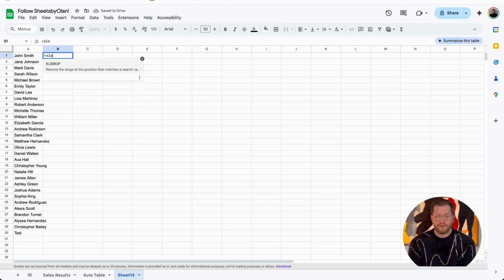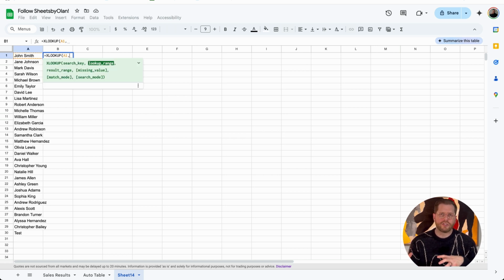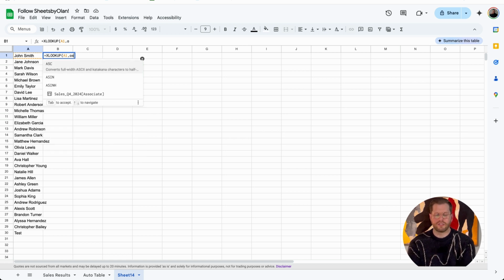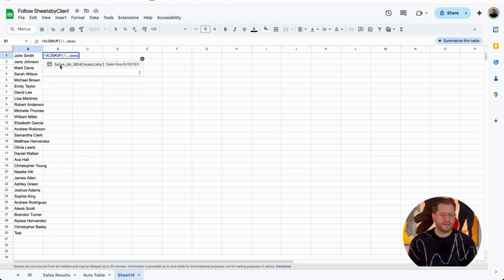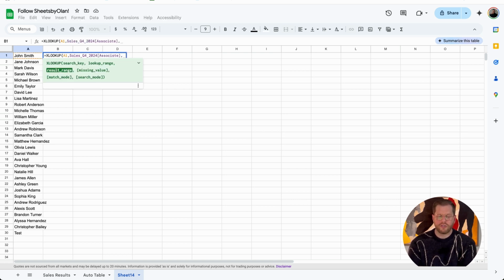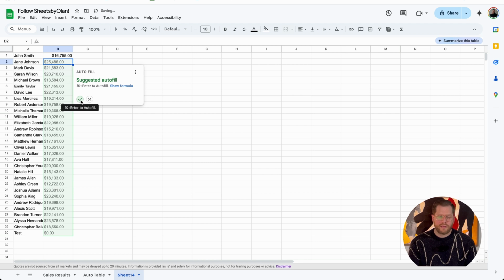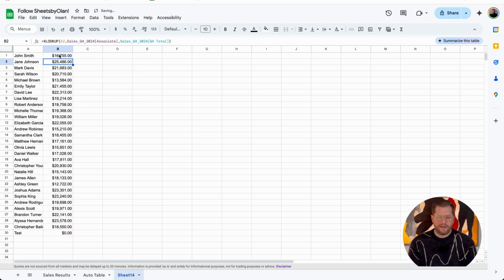Now this also works in other formulas. So for example, if I want to do an XLOOKUP formula, I can look up John Smith, and then once again, I can type in the name range. And you don't have to reference the table, you can reference the column instead. So let's type in associate. So even though I didn't type in sales Q4, I typed in associate, so it's still flagged. I'll put a comma, and I want to return the total. So I'll go ahead and put Q4 total by typing in total and pressing enter. I'll go ahead and autofill, and now I have the Q4 totals for every single one of these without ever